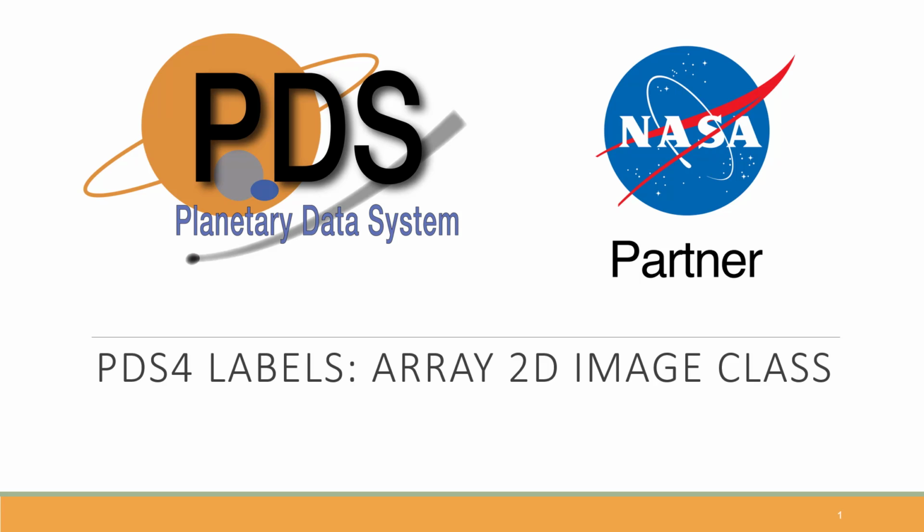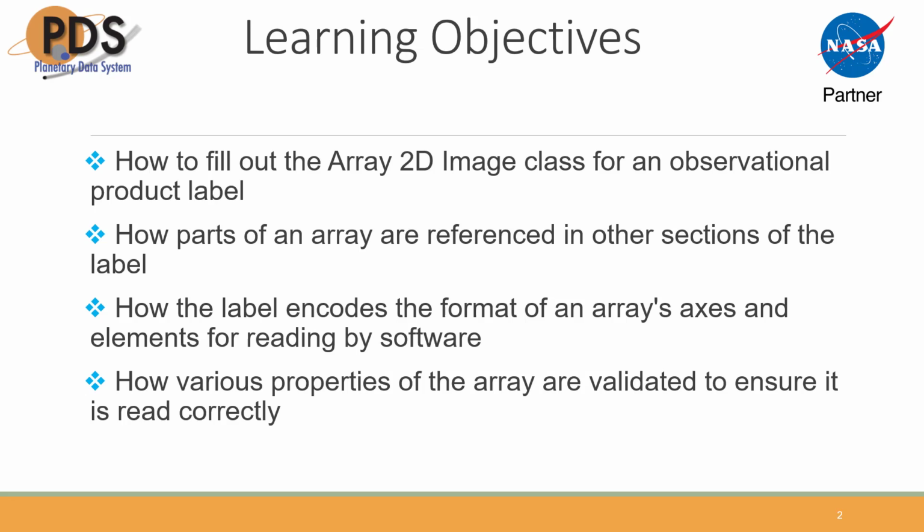This video covers the Array2D image class for an Array2D image file. We are using the Oxygen XML Editor. At the end of this video, you should be able to fill out the Array2D image class for an observational product label, know how parts of an array are referenced in other sections of the label,